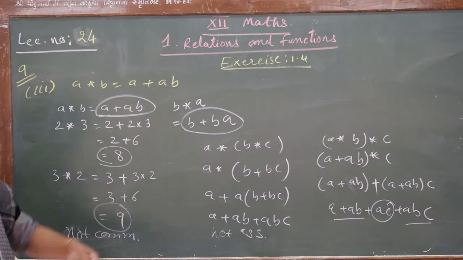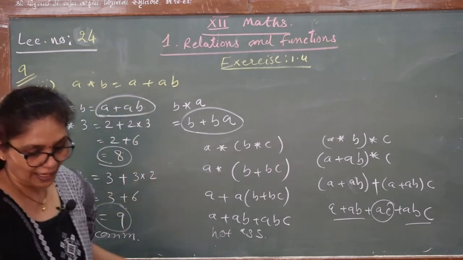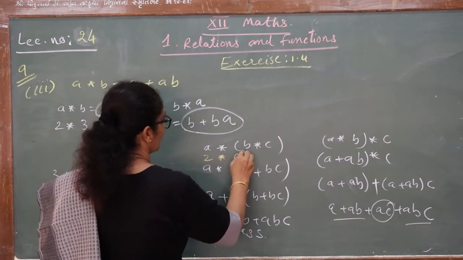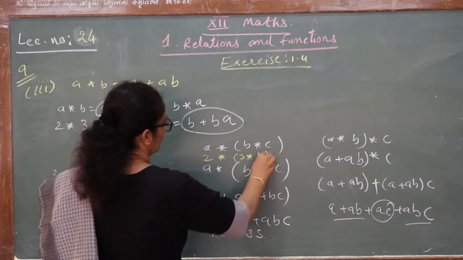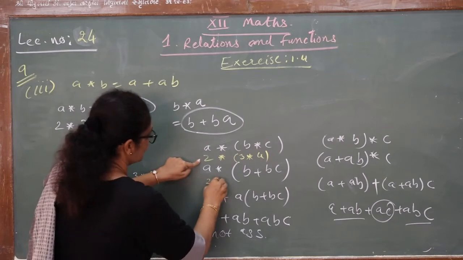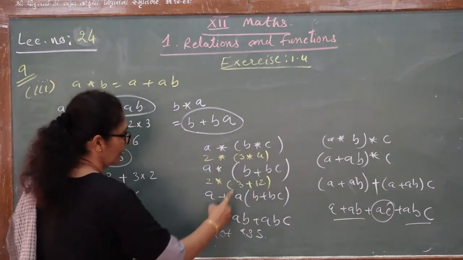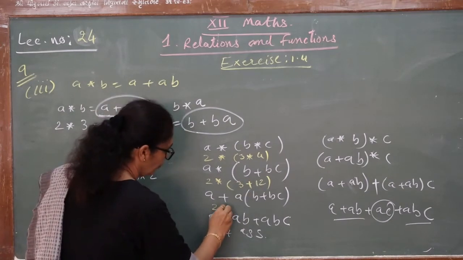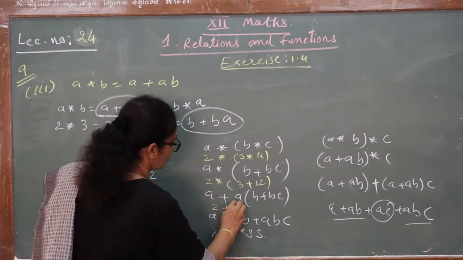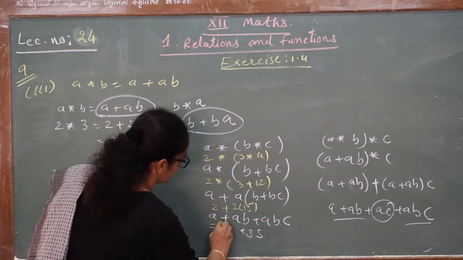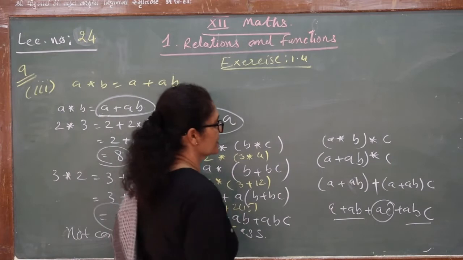I have written both one with the direct alphabets. You can take numbers also, and by that also you can check, taking 2, 3 and 4. Again 2 as it is, then 3 plus 4 3s are 12. Now this is 15. So 2 plus, what is it? 2 into 15, so 30 and 2. This is 32.